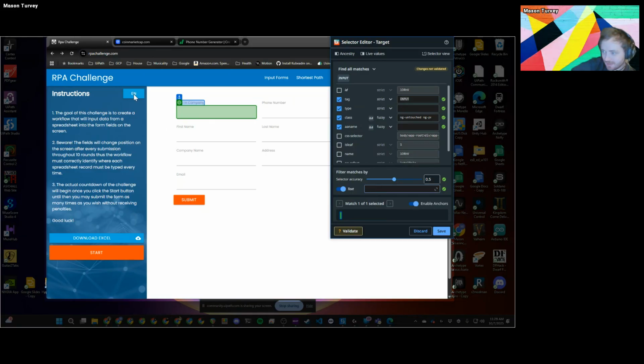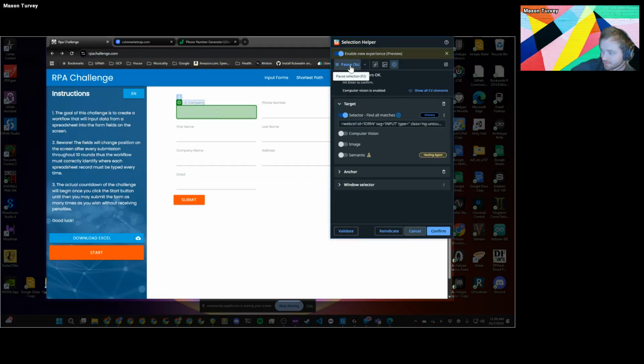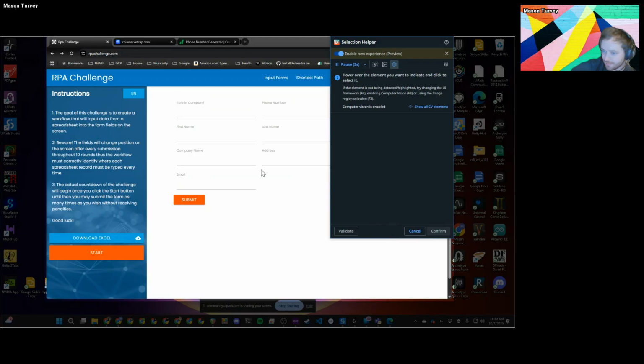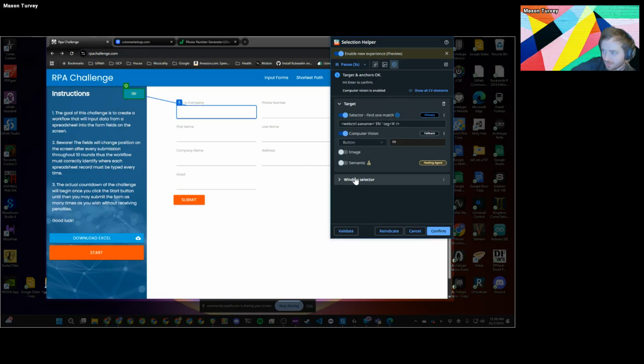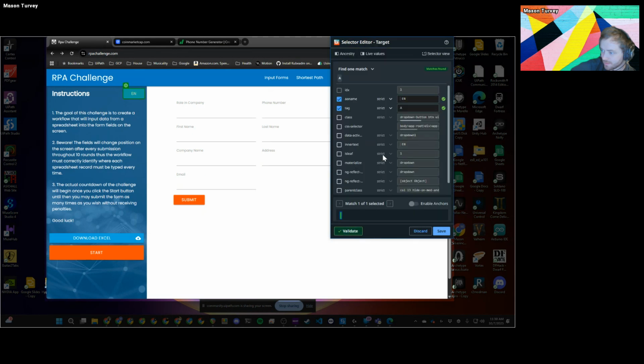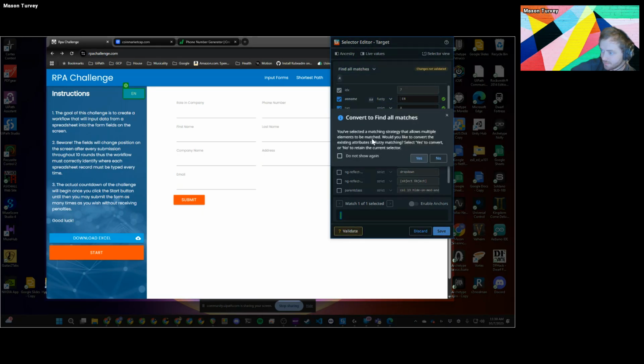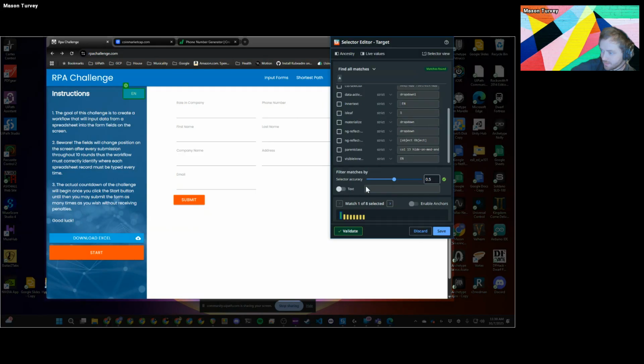So say I selected this EN button over here. Let's do that real quick. So I can re-indicate. I'm going to go over here to EN. We're looking at this button. Let's edit the selector. Let's see. Where do we get our text? There we go. So we can pull in the EN text, and that'll match all of the buttons that have